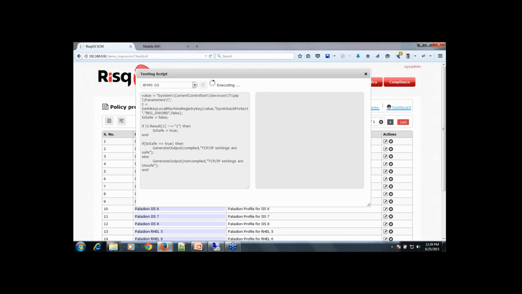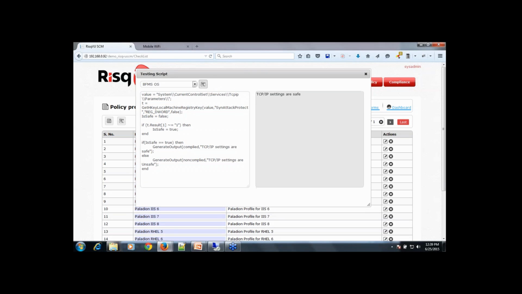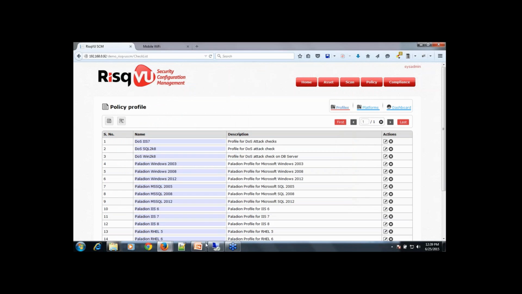What it does is this get HKey local machine is an API which will collect the data of the SYN attack protect keyword from the path which we have defined, and it will fetch the data and analyze the output, and if the output is fine, it dumps the result. So fine, the execution is over and it is saying the TCP/IP settings are safe, and this is how the policies are written in RISC-USCM.